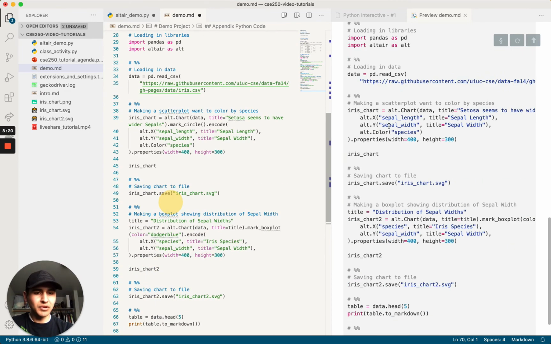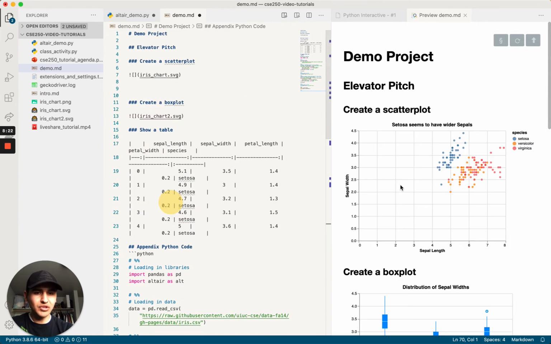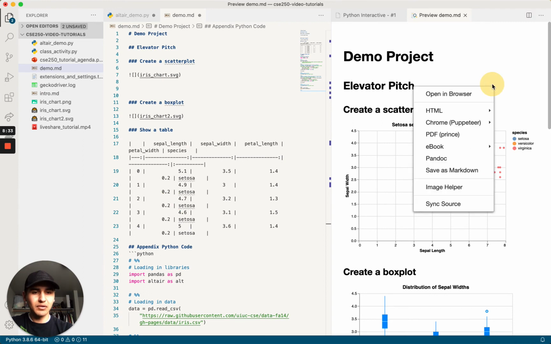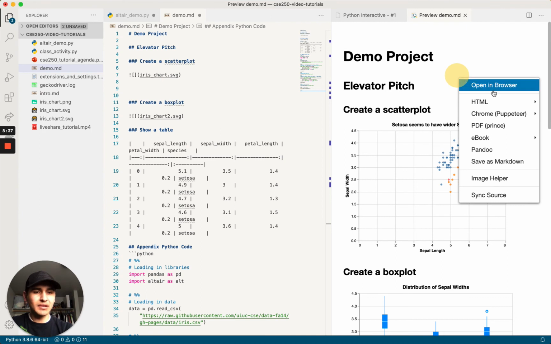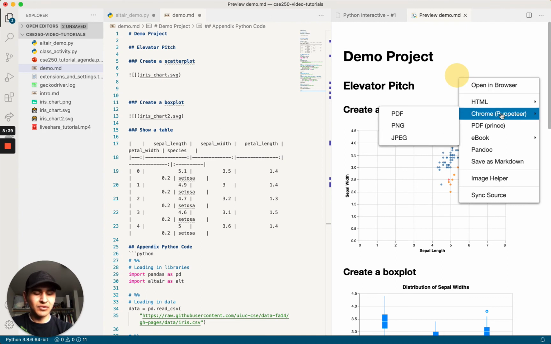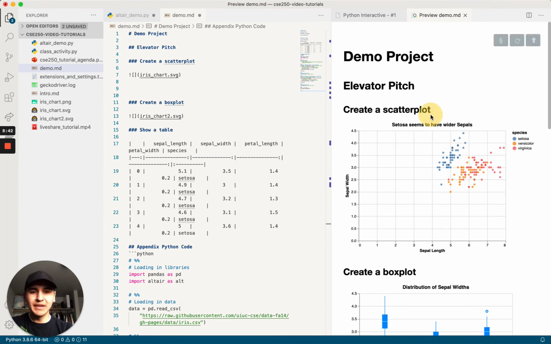And so this is what a project might look like when you're finished. You have all your code, you answer the grand questions, you put in a paragraph explaining your elevator pitch. Looks great. And now we want to save this as a PDF. And to do that, we'll need to right click here, just anywhere on this preview demo. We'll right click it and then go down to Chrome Puppeteer and hit PDF,